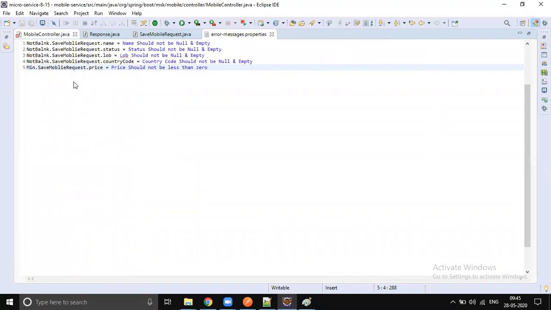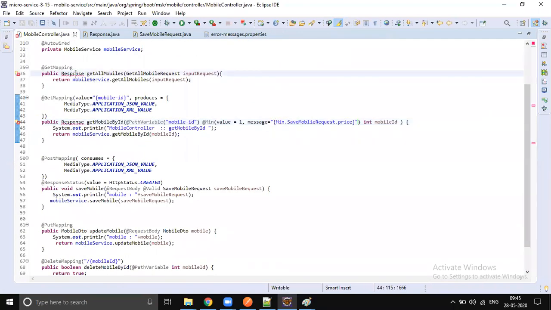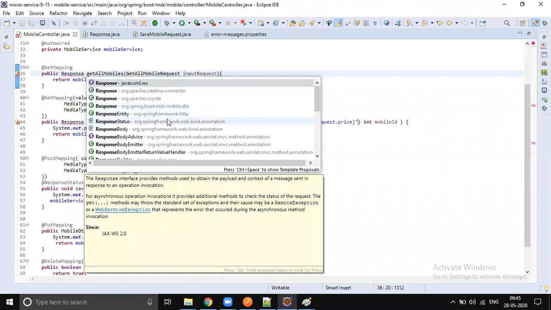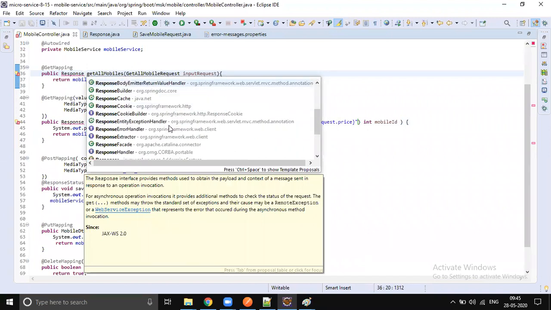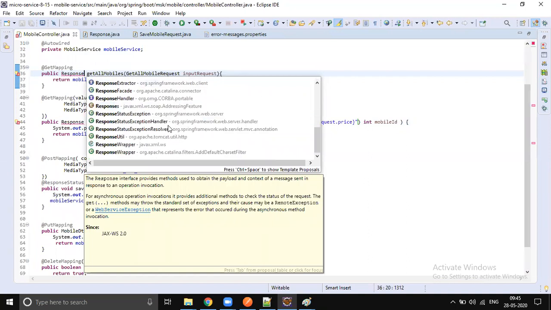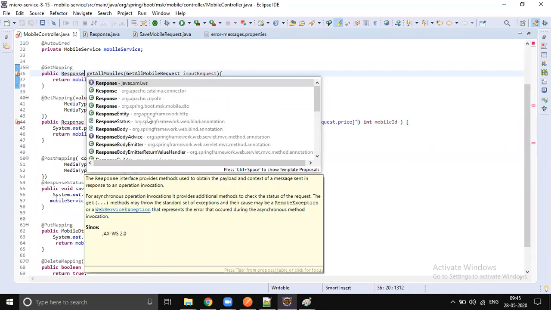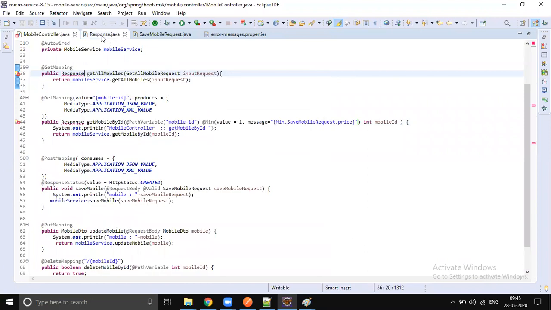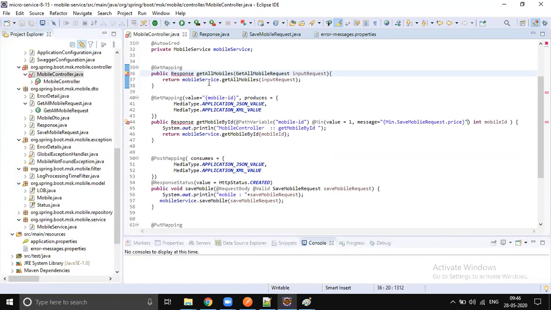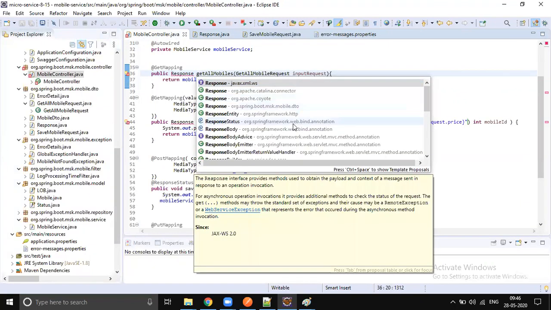Okay, now let's come back to the controller. All the methods should return the response. Let's import. Where is our response? So com Spring Boot MSK mobile DTO. Where is the com?